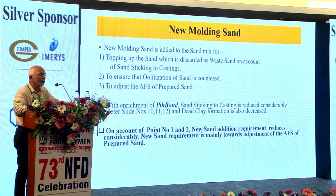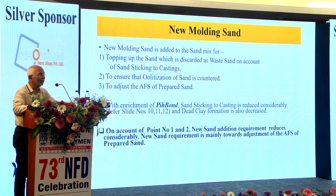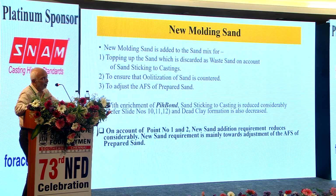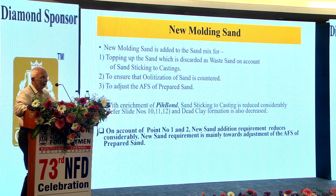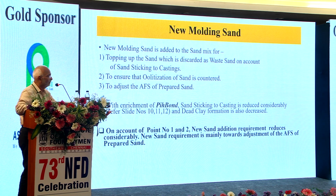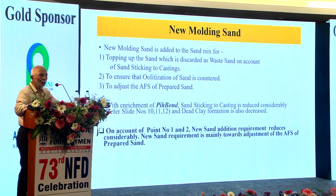New sand addition also comes down quite a lot with PihBond. Now, reasons for new sand addition, as every foundryman knows: one is sand sticking to the casting and getting out of the system, so topping up new sand is required. Oolitic formation is there, because of which you require new sand to counter that. In the case of PihBond enriched sand, the fines are going to be less, dead clay is reduced considerably, so oolitic formation is hardly there at all. Again, the top-up sand required is less, since your sand is retained in the system and sand sticking to castings is hardly there, so you don't require that much